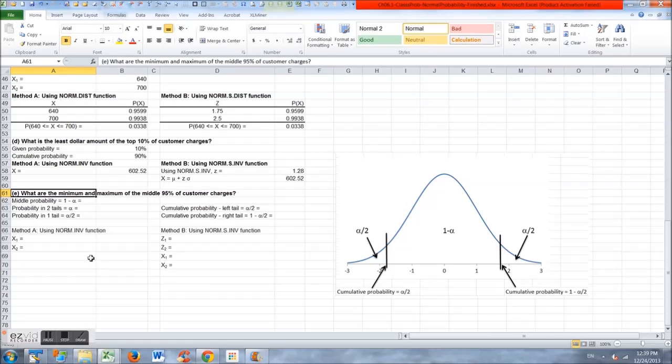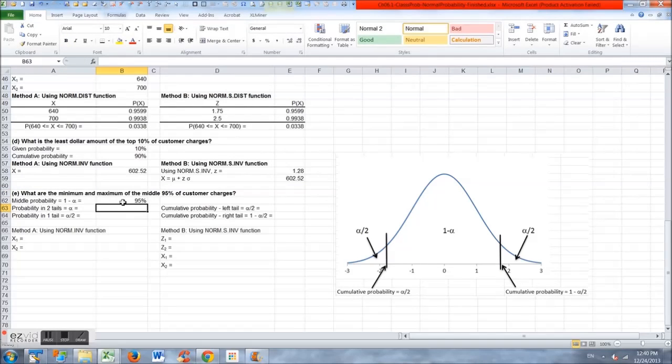The next problem is slightly more complicated. Here we want the middle 95% of customer charges. So if you look at the graph here, that middle part is 95%, and we want these two x values, the lower limit and the upper limit. So we have to first find the cumulative probability for these two points. So if this middle area is 95%,